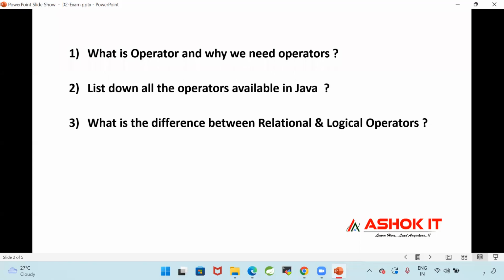Difference between relational and logical operators.